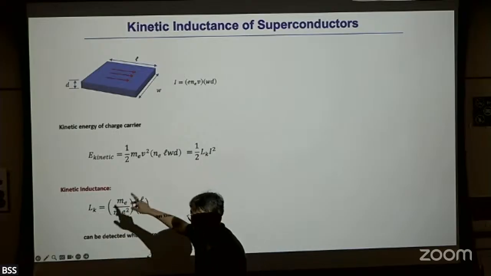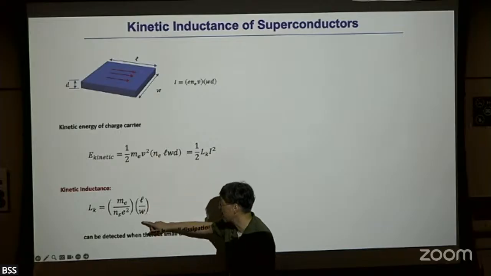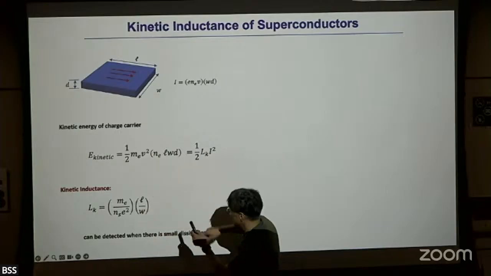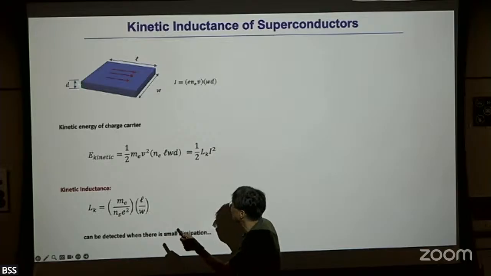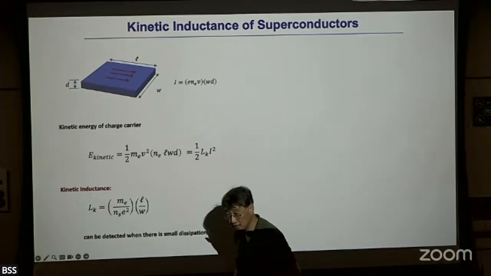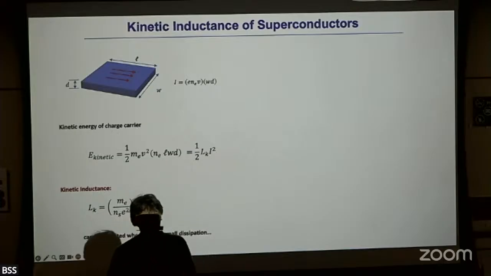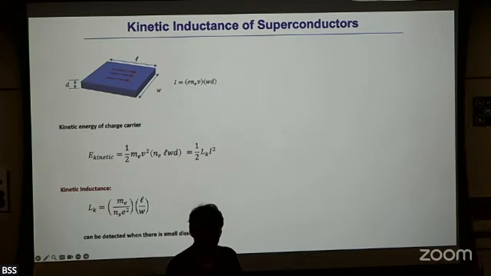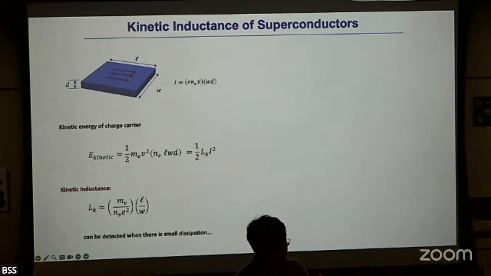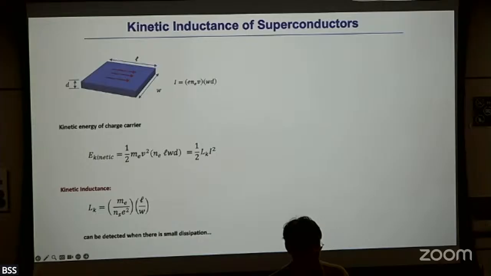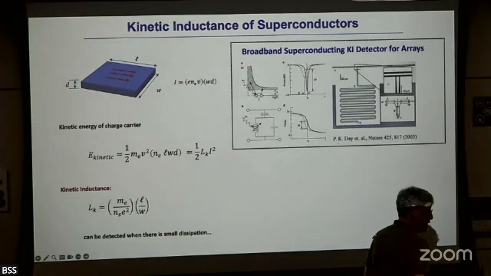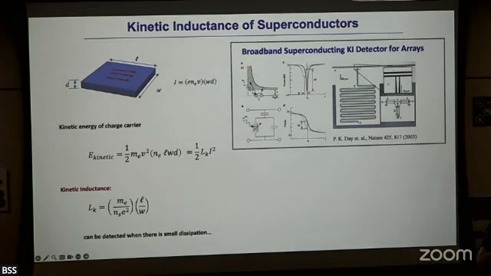Except if I try to make the kinetic inductance large. The way you can do that is to make the thickness smaller and smaller. Once you bring the system to the 2D limit, you can show that kinetic inductance starts dominating over the geometrical inductance. So once you get into a low-dimensional system, especially a two-dimensional system, kinetic inductance becomes really appreciable. Indeed, this is not just simple written theory. This is now almost a commercial product out there.